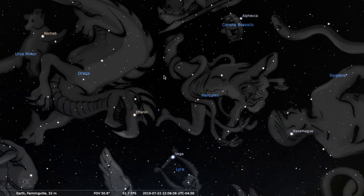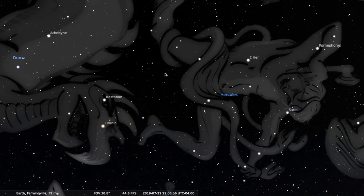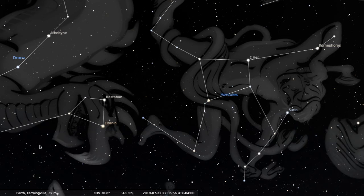Okay, and everybody knows who Hercules is, right? We don't have to describe Hercules. He's one of the chief gods in Greco-Roman mythology. Let's take a look at what his shape looks like. You see, he's like a keystone. They call this the keystone of Hercules. Okay, and if we zoom in here,